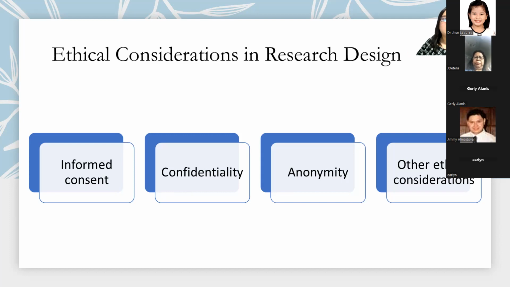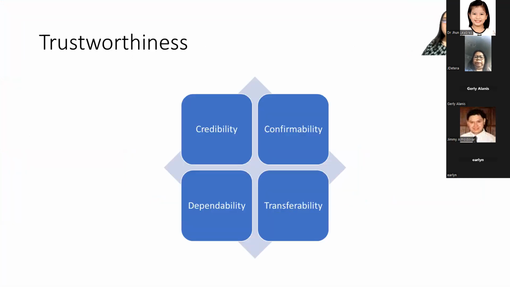You do not put identifying marks. So, participant 1, 2, 3, 4, 5. Or kunyari, nurse 1, nurse 2, nurse 3, nurse 4, nurse 5. Okay? Then, other ethical considerations. Okay, I want you to, sa trustworthiness,